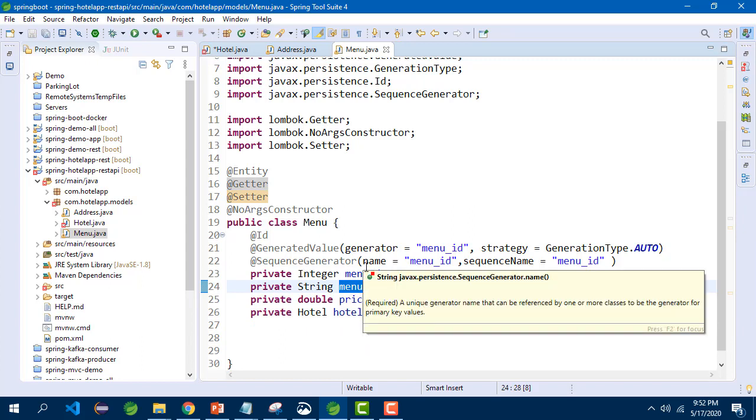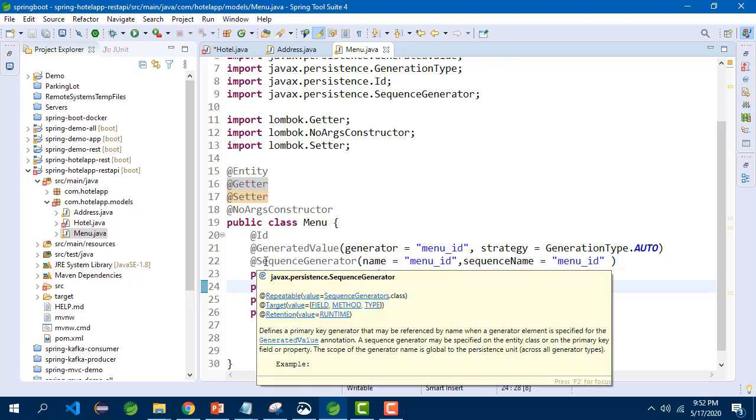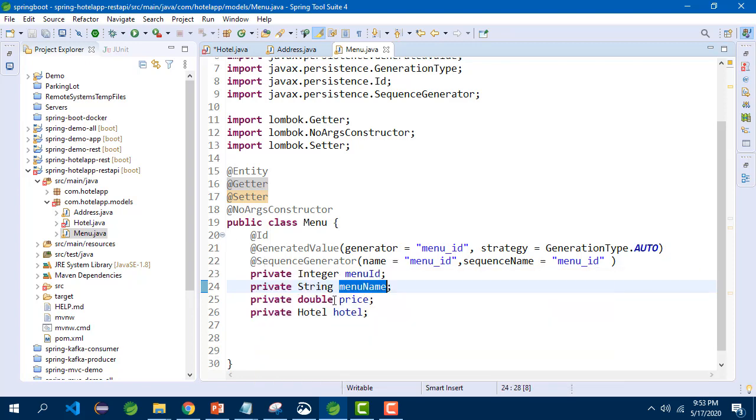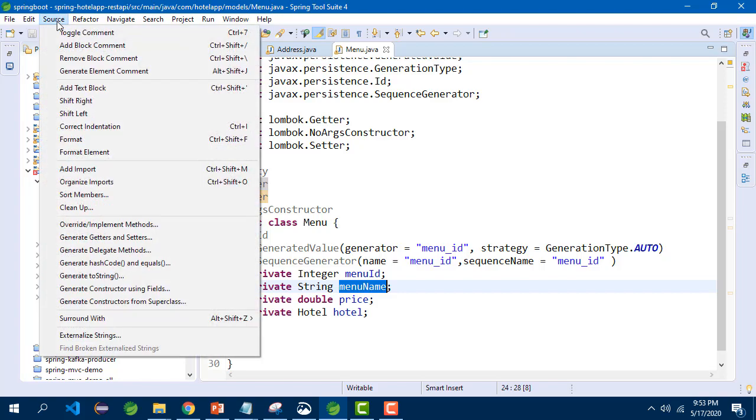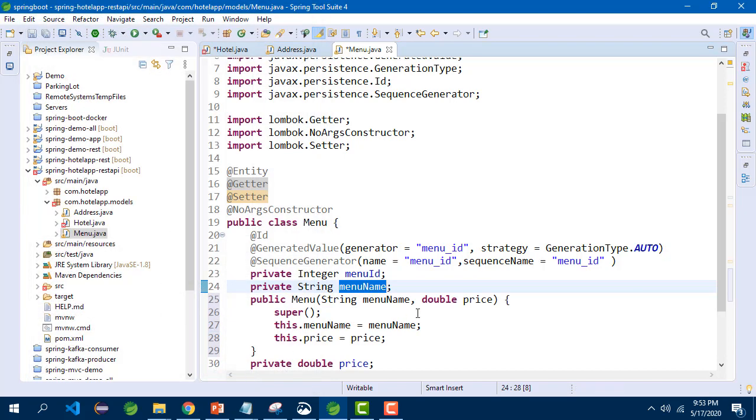In case of menuID, it will be auto generated. In case of hotel, we don't need this because while you are creating a hotel, menu will be added to the hotel and you will be saving that. So we don't have to add that in the constructor. So now let me create a constructor using fields wherein I will be including menu name and price alone, and click generate.